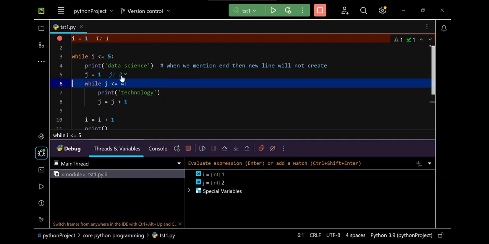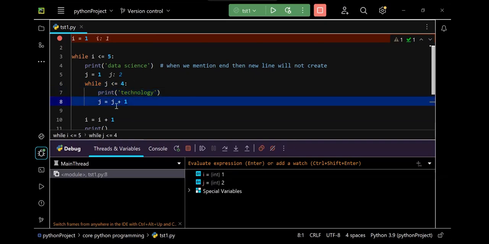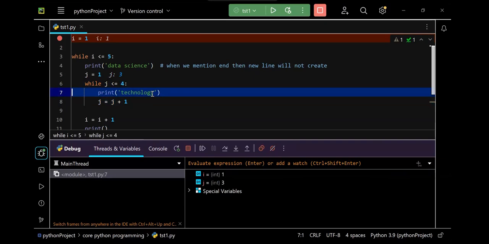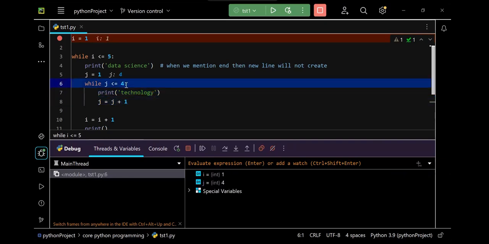It was 1 before, now it changes to 2. F8, 2 is less than 4, condition satisfied. Again j, what happened? 2 becomes 3. Is 3 less than or equal to 4? Print technology. Then F8, 4 is less than or equal to 4, correct or not?